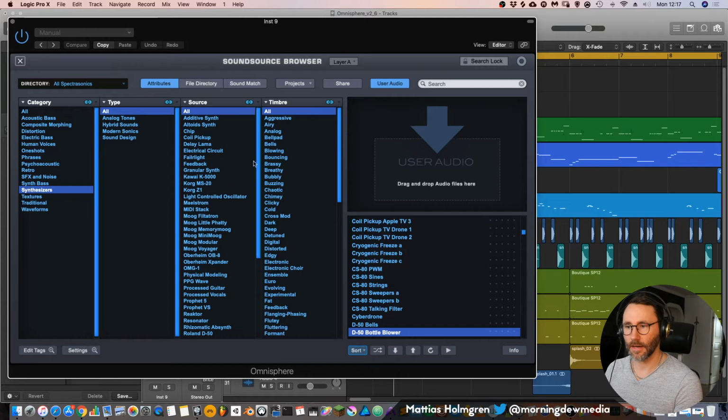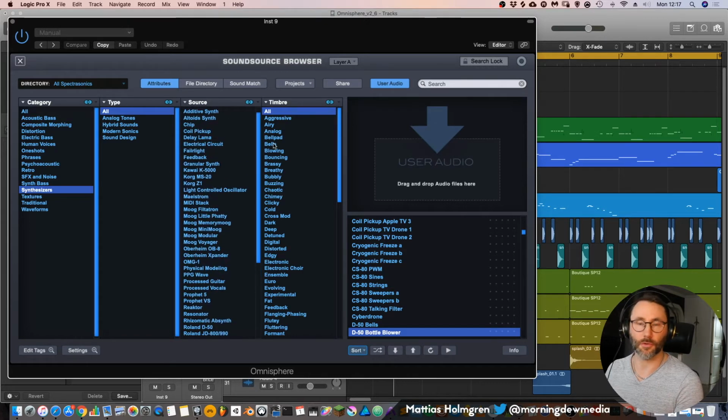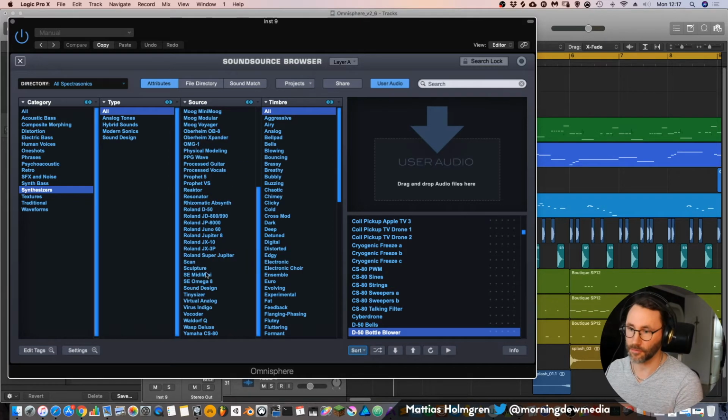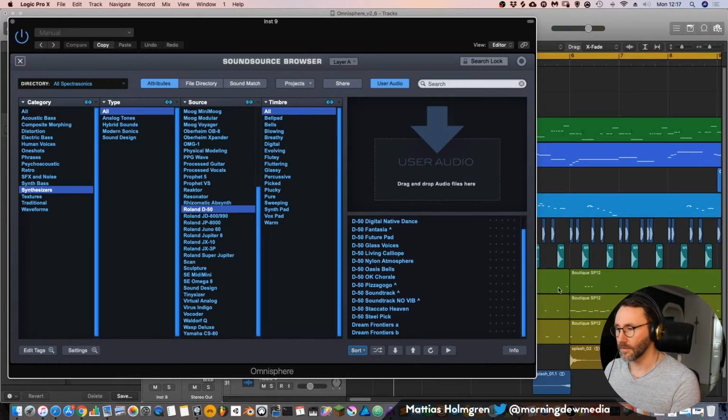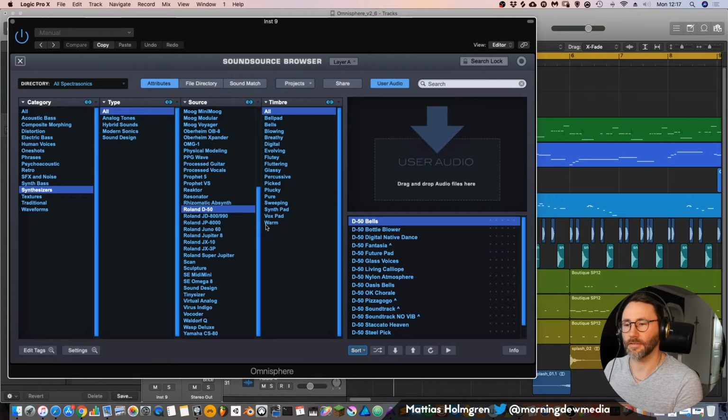And then if you go into the folder, we can select by synthesizer. And we can scroll down the list for the sources and go to the D50 if you want. And here we can see which of the samples from the original are sampled into Omnisphere 2. And it's the bells. And we have the bottle blower, digital native dance, Fantasia, future pad, etc. So it's a nice collection of samples from that one.